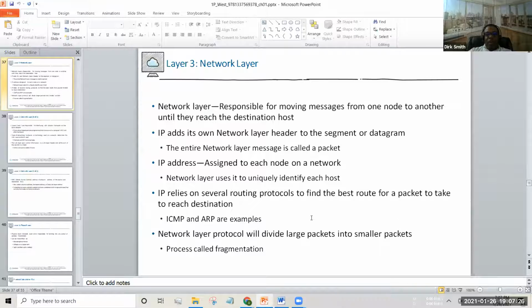IP relies on several routing protocols to find the best route. So it's going to find the best route. You wonder how, and it's amazing how fast data is transported. I can send an email right now to everybody in the class, and you guys will get that email in under